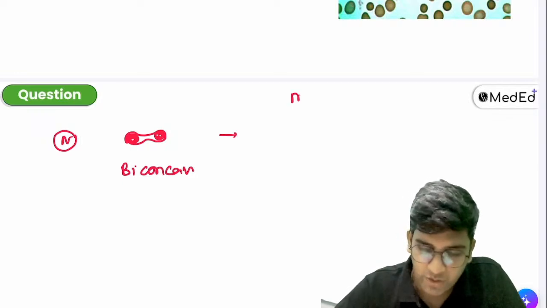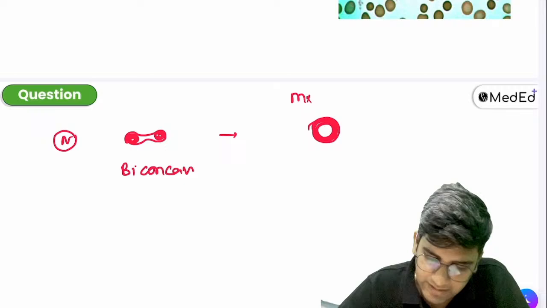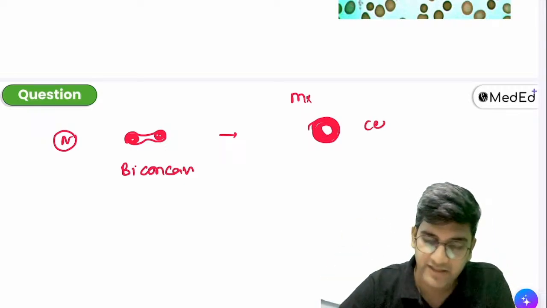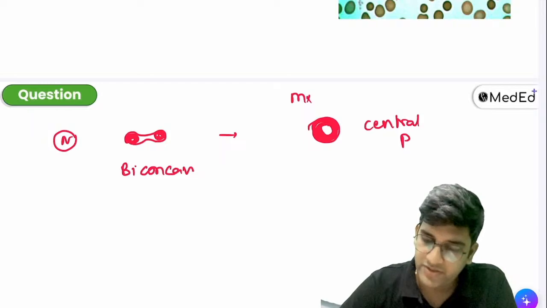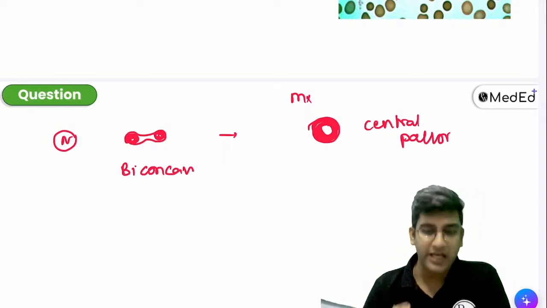So when I look under the microscope, the RBC will always be like this. The periphery will have hemoglobin and there will be a central pallor. Central pallor is characteristic of a normal RBC, right?